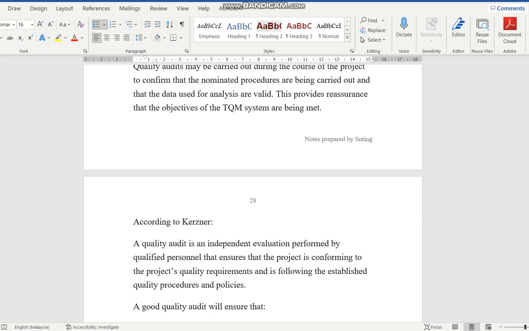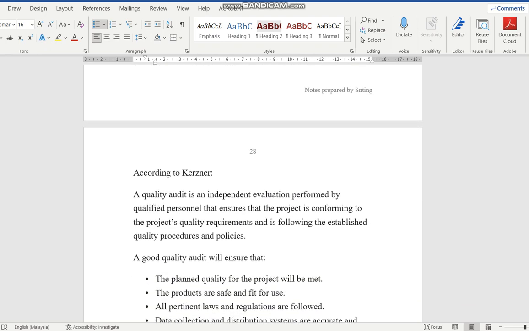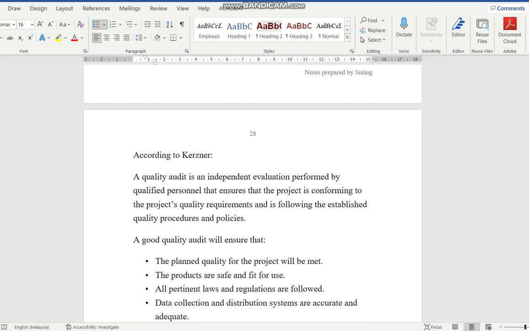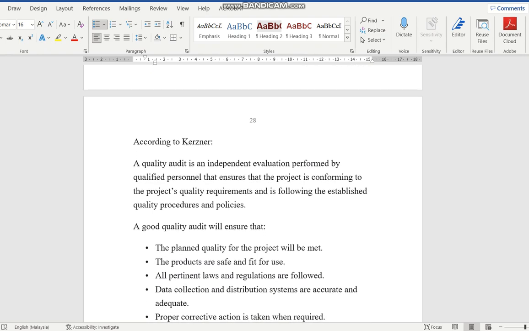So the issue now is audit is very important. It is a procedure that you need to do in order to look into how to get data, for example, data collection. And first of all, you must know your acceptance criteria and all that. You've already planned that. And so a good system is you will need to be very consistent, very disciplined